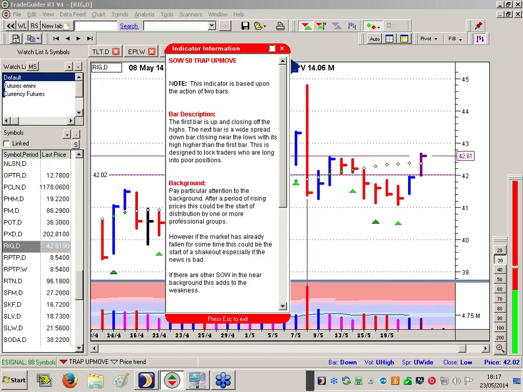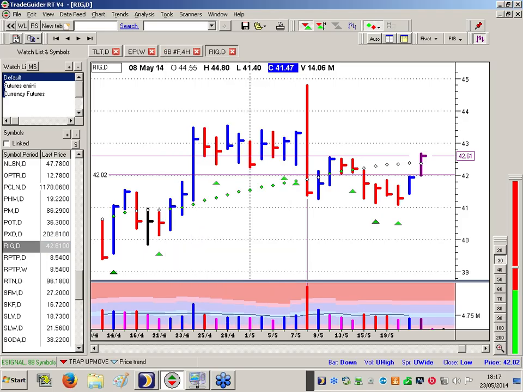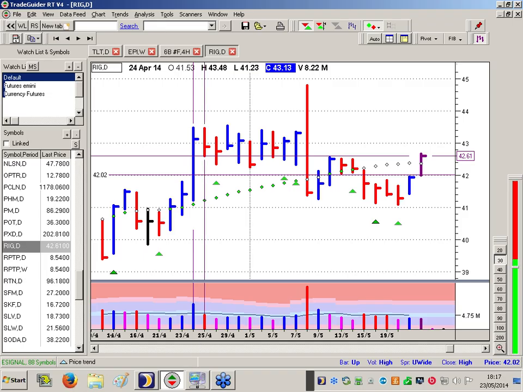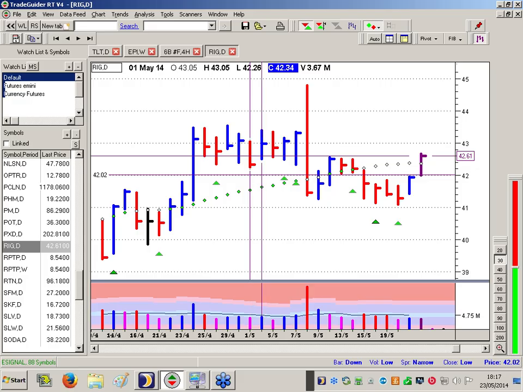Trap up move. Well, the computer calls it a trap up move. It is an upthrust. That is a trap up move. They mark it up deliberately, knowing that the background's weak. There must be supply on that bar there, look. There it is. High volume. On that high volume, it knocked it sideways. They're probably distributing there, selling.